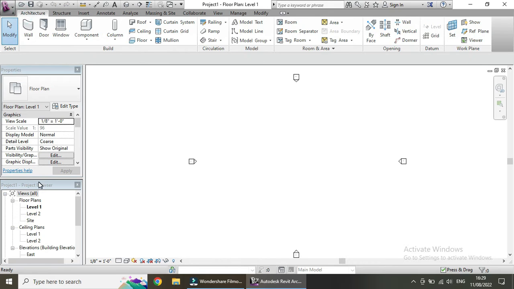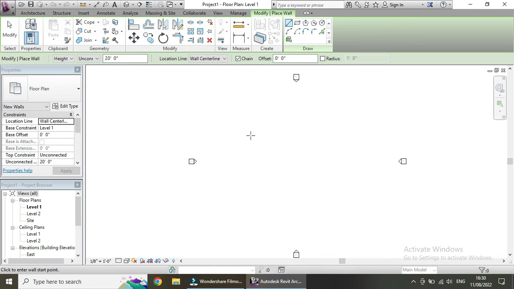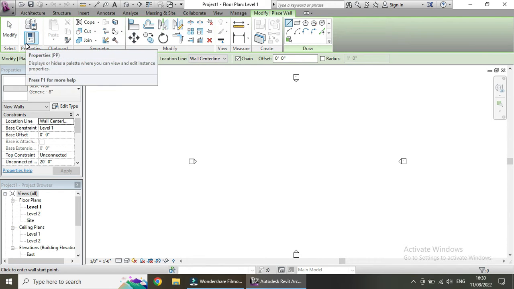Here we have the drawing area. Here we have the pan, zoom and rewind buttons. Here we have Properties and Project Browser. In Properties, if we have selected a wall, let us take a wall from Architecture. After selecting the wall,